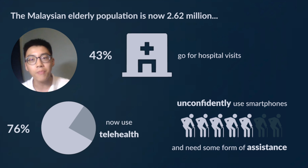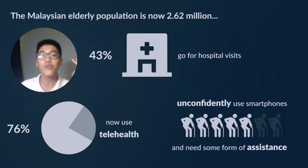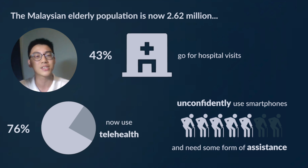The Malaysian elderly population is set to reach 2.62 million by 2025, and with advanced age comes numerous health-related issues. For instance, 43% of elderly individuals frequent hospitals every year. And with the growing trend of digitisation, especially evident by 76% of hospitals nationwide adopting telehealth, a new set of